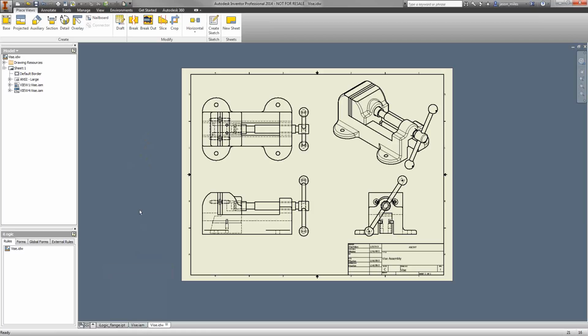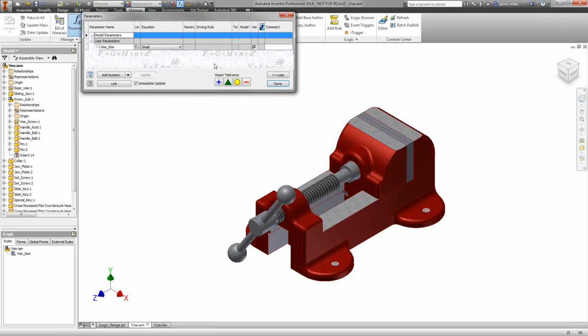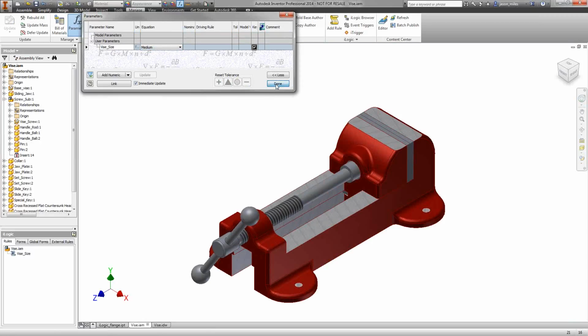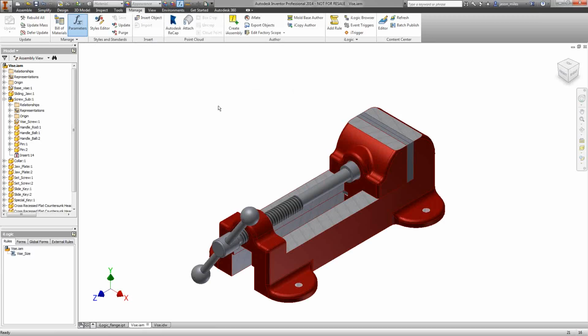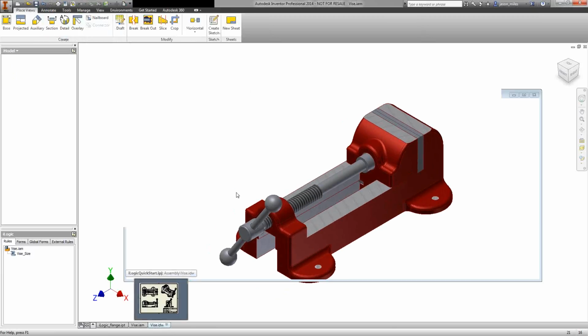Okay, because we just created those. So for this one, we know that my current size is small. I'm going to go ahead and change this to medium. Okay, and let's go back